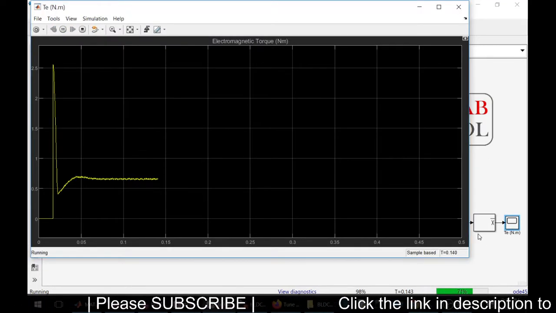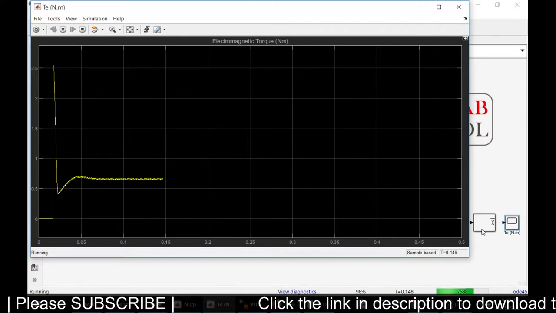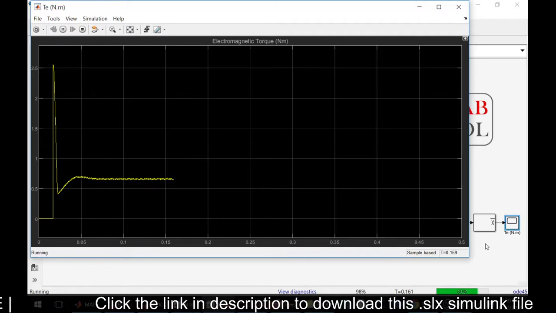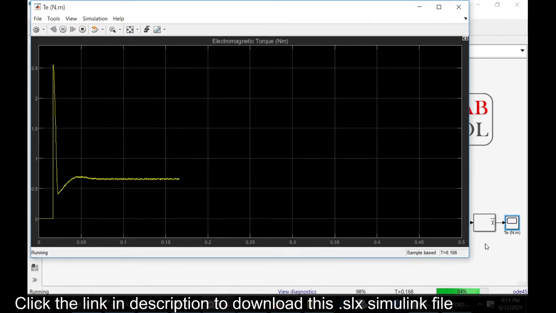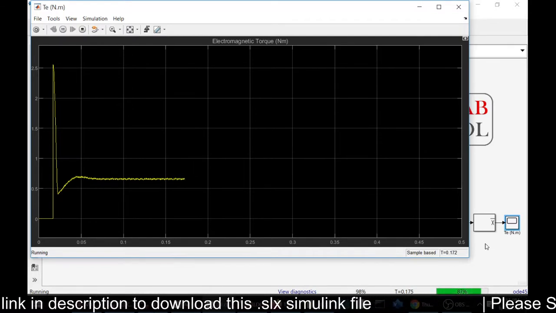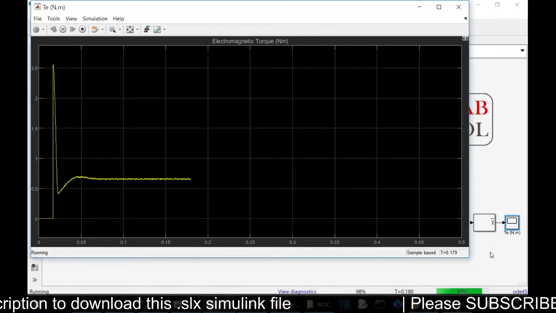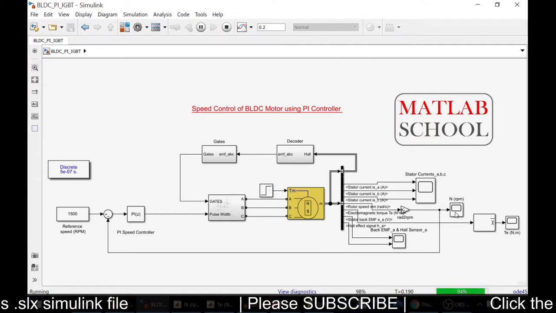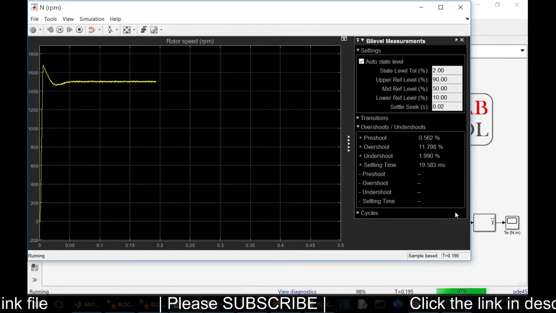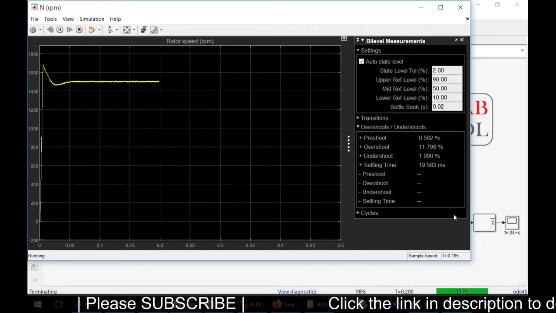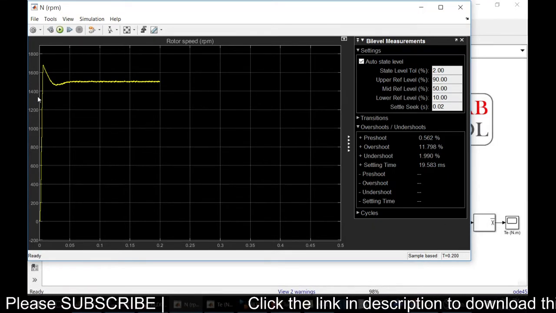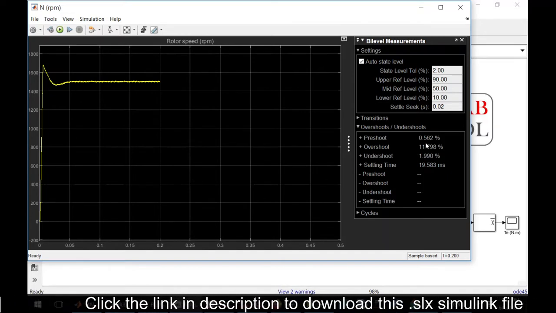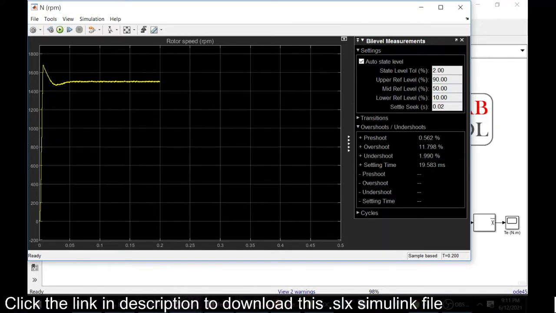I have used the mean block because there will be a huge torque ripple. So to average out the ripple, I am using the mean. The model is running. It has stopped. Here we have an overshoot of around 11.79%. Let us see the performance of